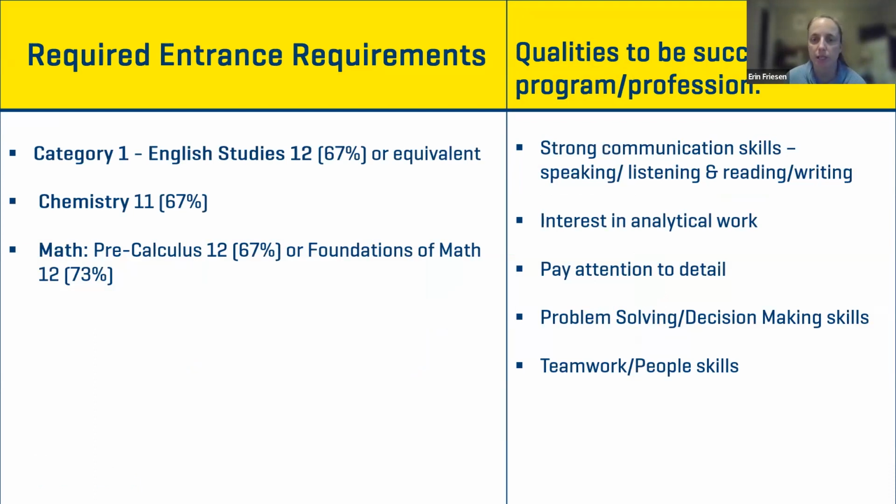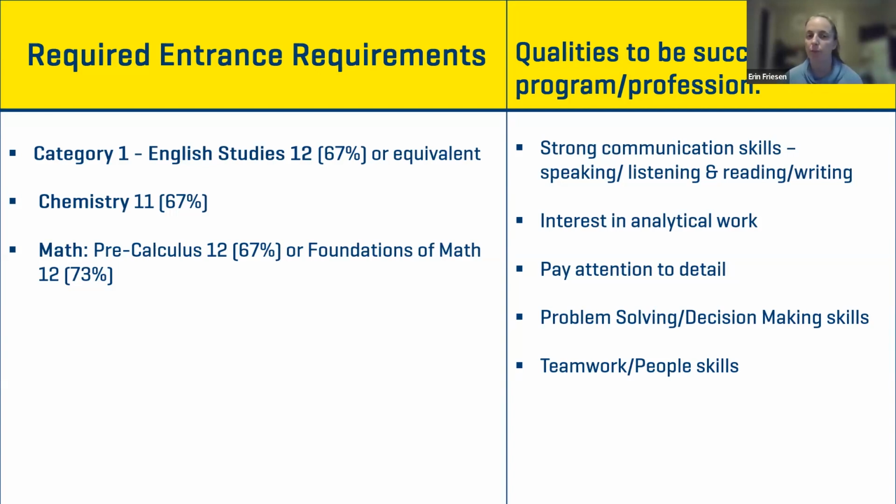Or if you've studied in an English-speaking school, I believe for 2 years. And so that's where if you have particular questions about whether or not you meet entry requirements, you'll want to reach out to program advising. We also have a requirement of chemistry 11 at 67%, and there are different ways you can meet that math requirement,